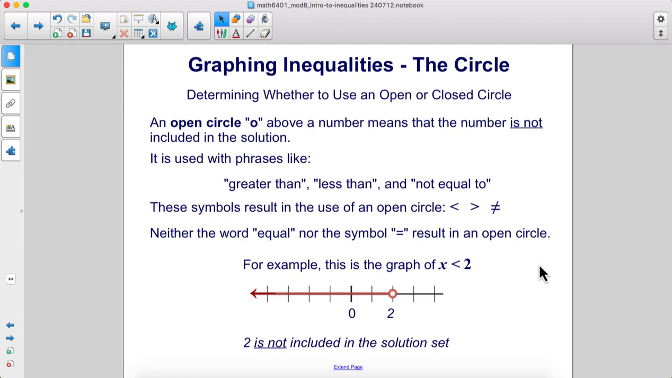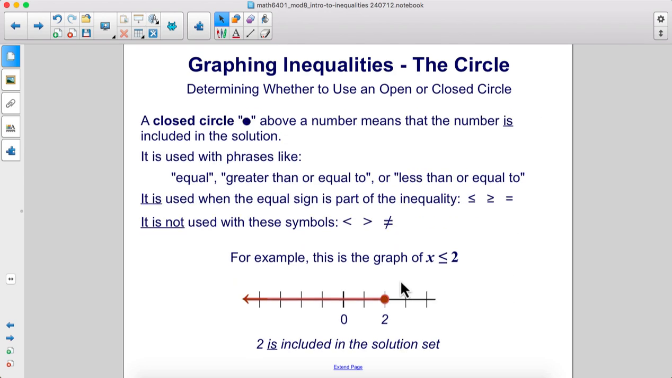Determining whether to use an open or closed circle. An open circle, like here, above a number means that the number is not included in the solution. It is used with phrases like greater than, less than, and not equal to. These symbols result in the use of an open circle. Neither the word equal nor the symbol equal sign result in an open circle. For example, this is the graph of x is less than 2, where 2 is not included in the solution